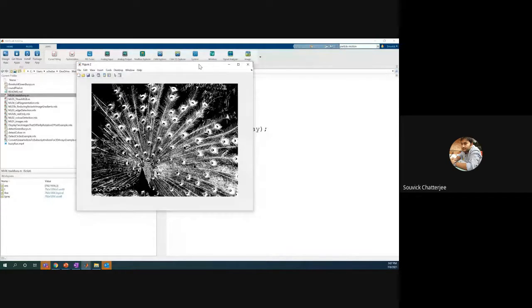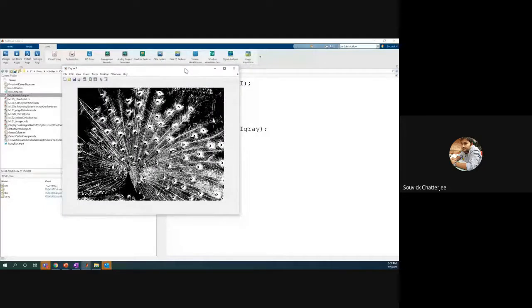The reason it is called binary is that it contains information about only black and only white. When you have grayscale, it contains all the shades of black and white, so it can be 0, 0.1, 0.2, like this. It goes from 0 to 255, and if you normalize, it can be between 0 and 1. That's how we can convert images from RGB to gray to binary in a single one-liner. Any idea how it converted the grayscale to a binary image?